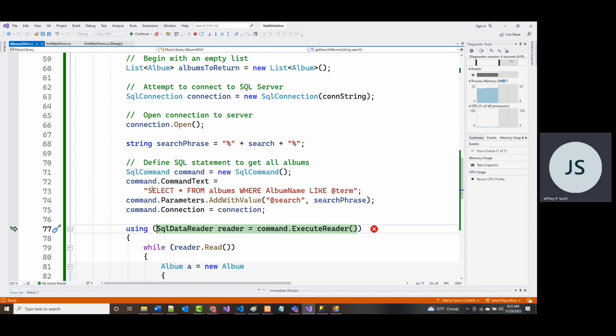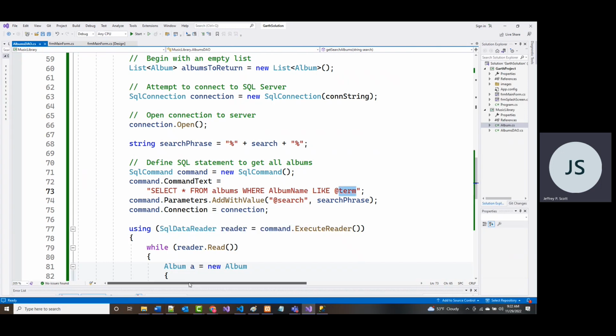So let's see. Somewhere in here, I'm still using term. There, that should have been search. My error. This is the kind of mistake that you're going to make as a programmer. That's why, as always, what you should be doing, what I should be doing, is write a little code, then test it.